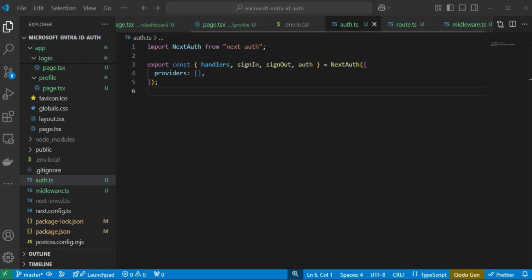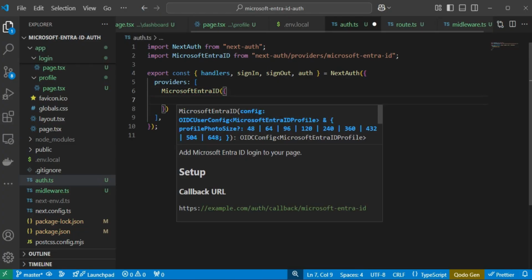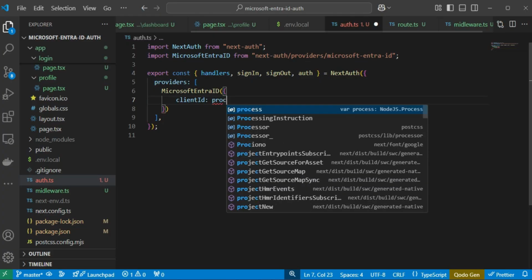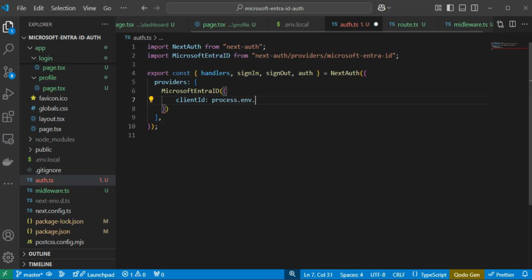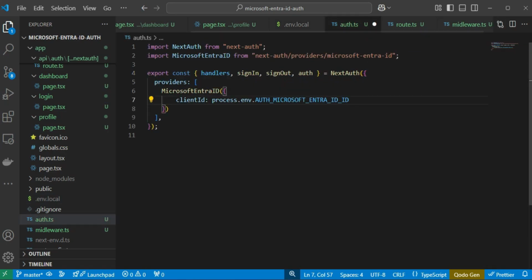So in our case, we are just going to say Microsoft Entra ID, and here within this JSON object we just need to provide the client ID. So it is going to be process.env. Let me go back to, where is env.local? It is here, so this one, paste it here,